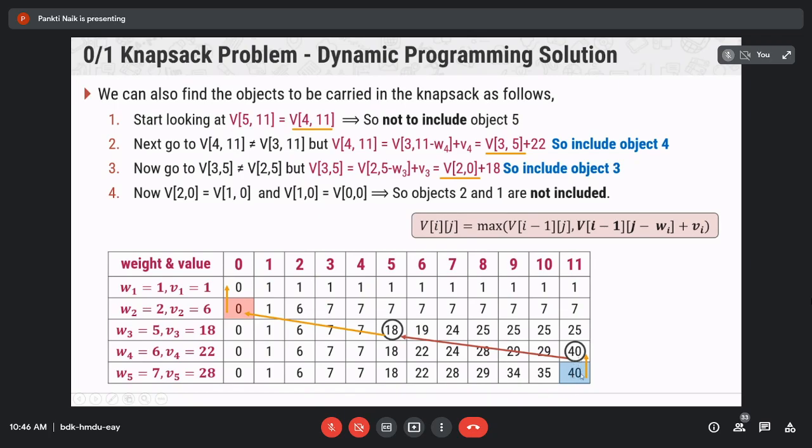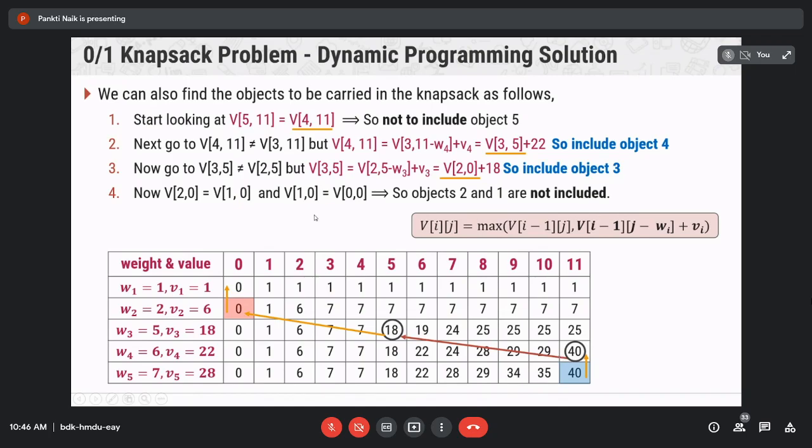If the values are not the same, the current item and the previous row's item, then the ith item will be put into the knapsack, and we go to i minus 1 and k minus w[i]. And if both are the same, then i minus minus, so do not select the ith item.